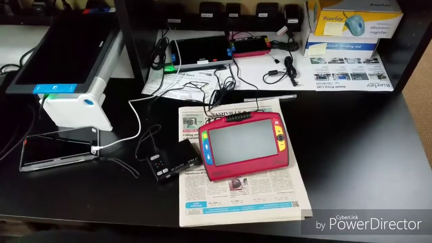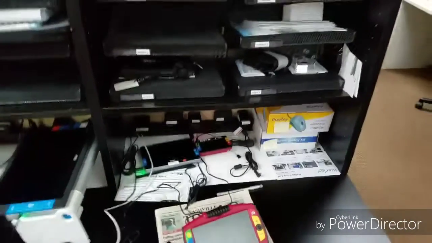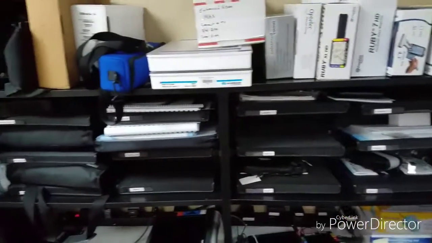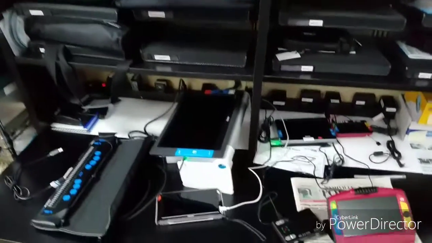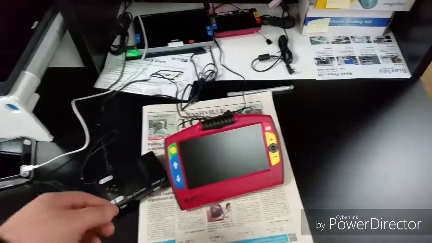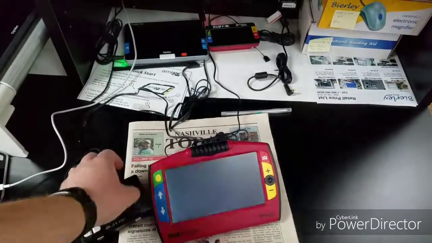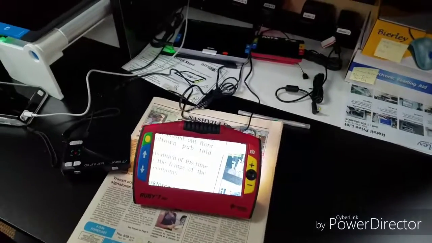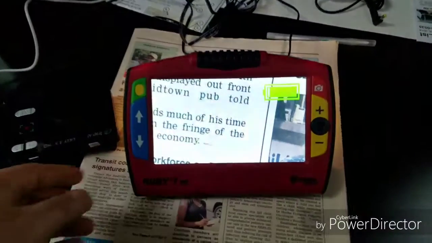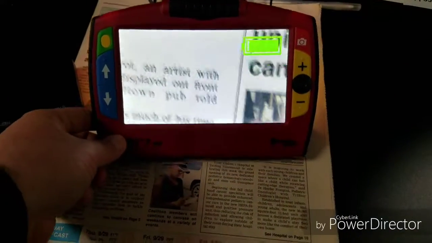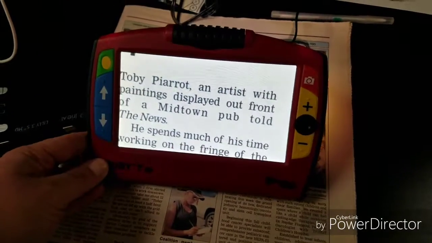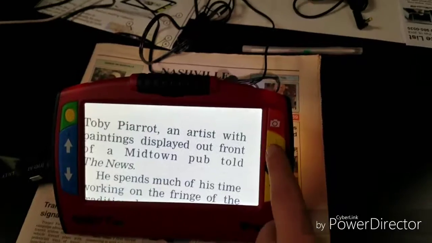For individuals who have low vision, we have quite a few handheld magnification options. So magnification is a fairly common accommodation to enable someone to access text. I'll use the Ruby 7 here just as a general example. As I go and turn it on, it'll go through at least a brief process of booting up. But if I slide it across the page, you can see that it's following roughly the text, at least what I'm trying to read. I can zoom in